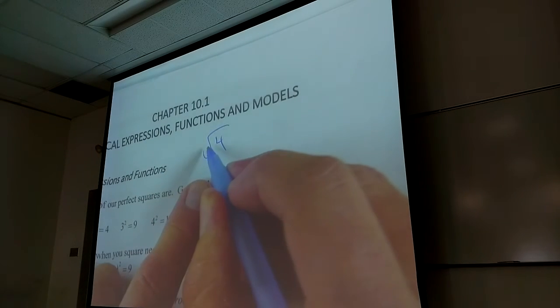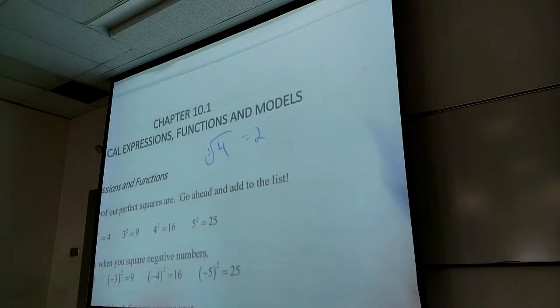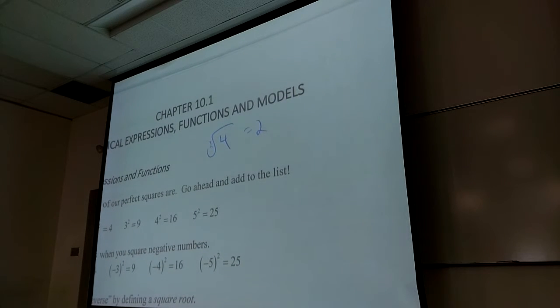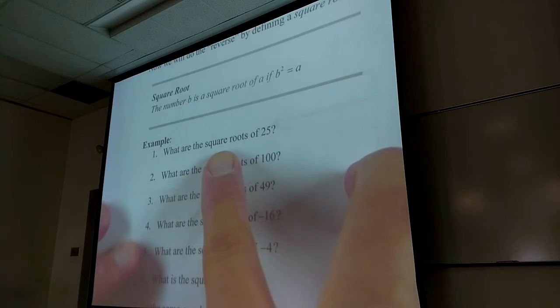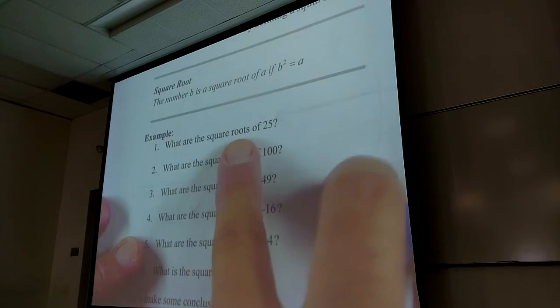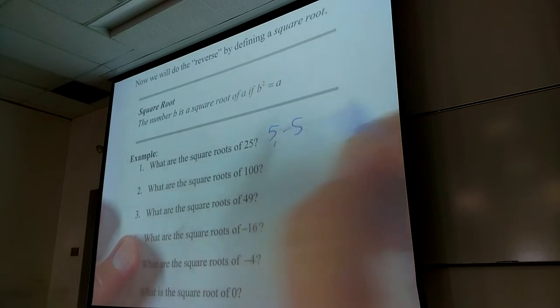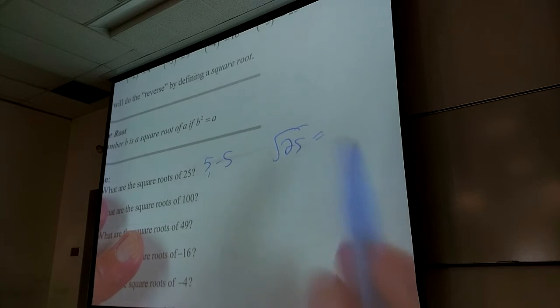What's the understood number that's right here? Yeah, it's the second root. We just don't write it because it's the most used root. Now let me ask this, a very strange question. What are the square roots of 25? There's actually more than one square root of 25. Now, when I write this symbol, it's understood that I want the positive